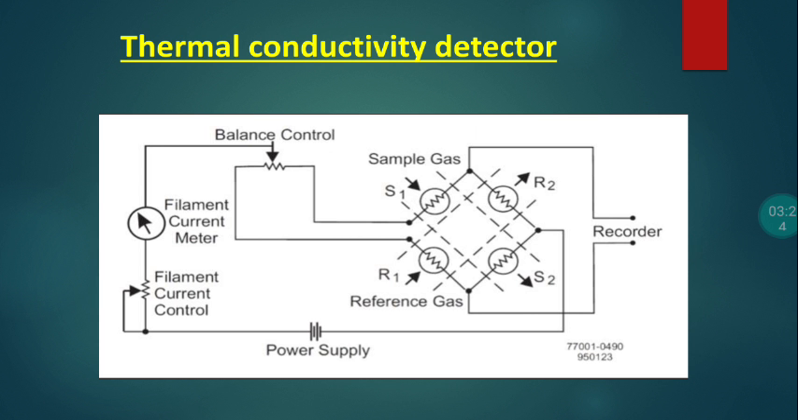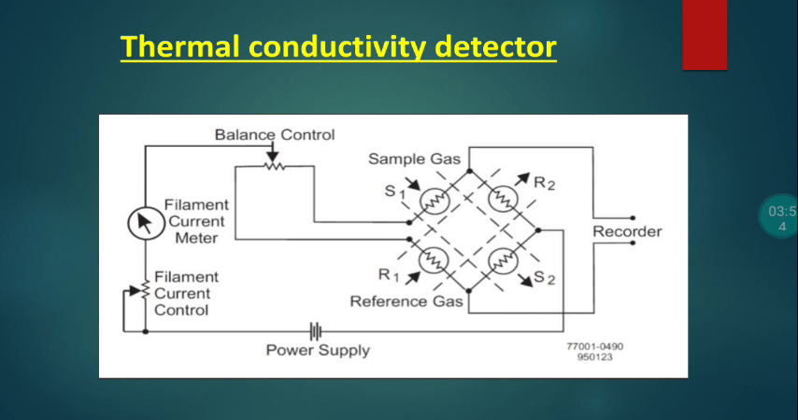In the detector, two pairs of matched thermistors forming the Wheatstone bridge circuit are arranged. The carrier gas, which is the reference, is passed over one pair, while the mixture of carrier gas and column influent, which is the sample, is passed over the other pair of thermistors. When the pure carrier gas passes over both pairs of thermistors, the bridge is balanced. But when the mixture of carrier gas plus influent gas passes over one pair and pure carrier gas over the other,